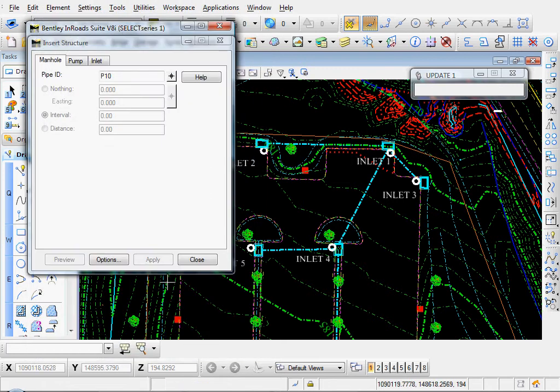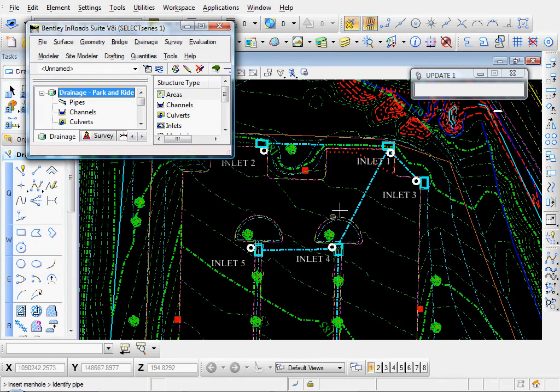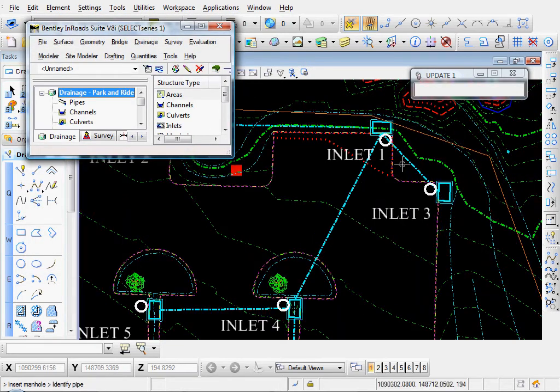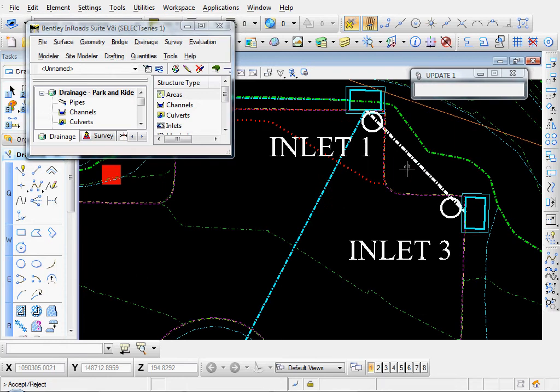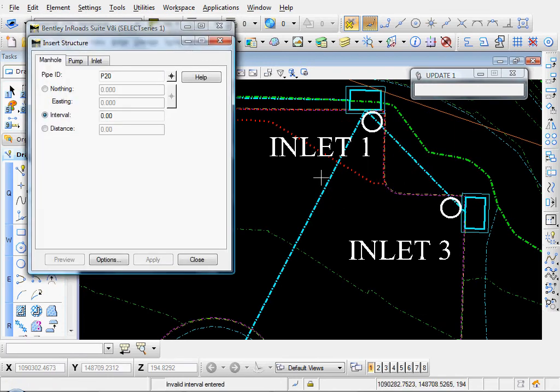Close, and then click on the target selector button next to the pipe that you want to insert the manhole into, and we'll put it into this pipe right there. Data point to accept,